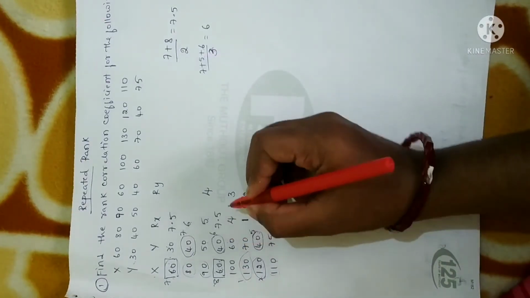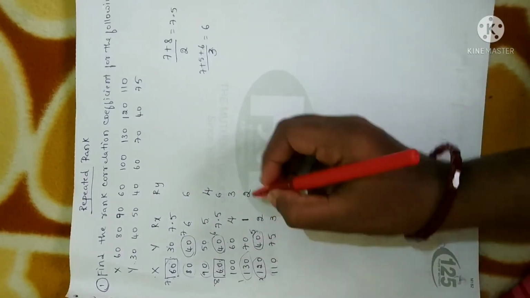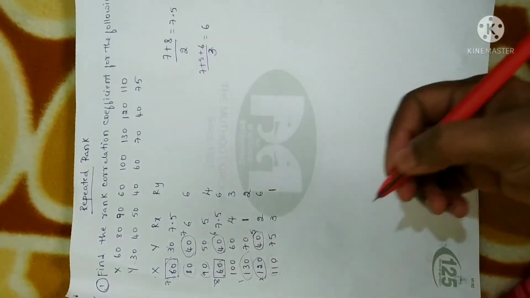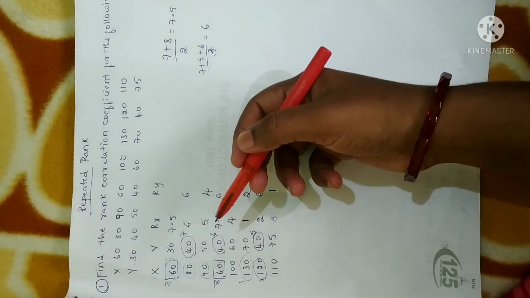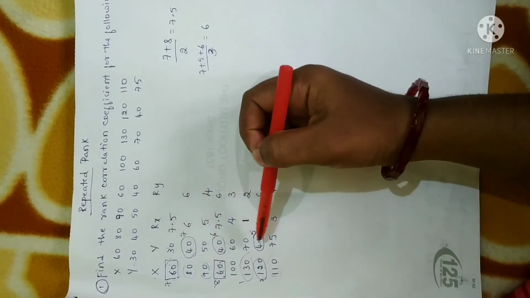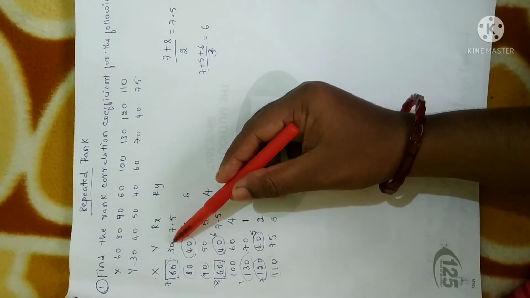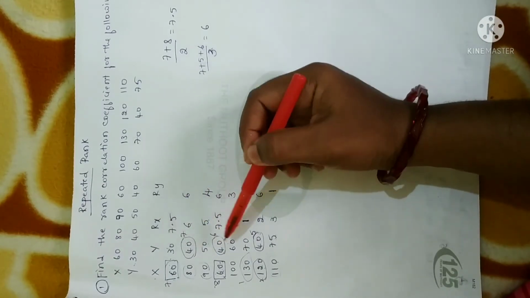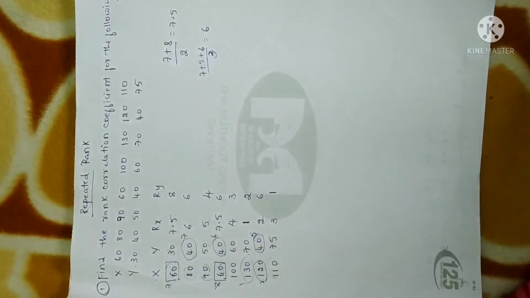So for the 6th rank we give 6, 7th rank also 6, and 5th rank also 6. Next, already 7 ranks have been placed. Next we have to look for the 8th rank. So next highest mark you have to search in the Y values. Which is the next highest mark in the Y values? 50 is already placed. Next highest mark is 30, so it is 8th rank. Next highest mark, nothing. Everything is placed.